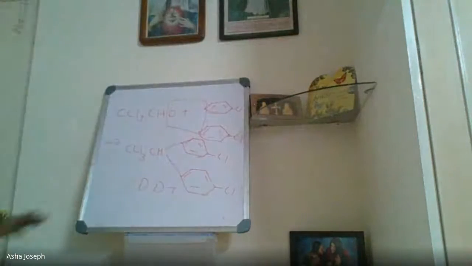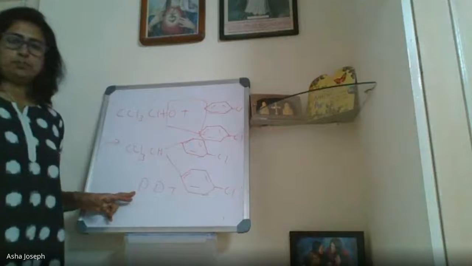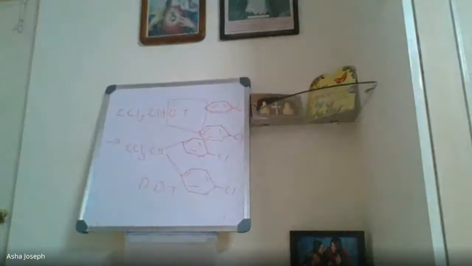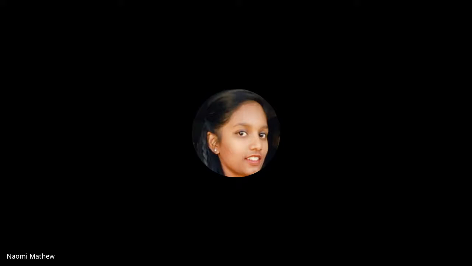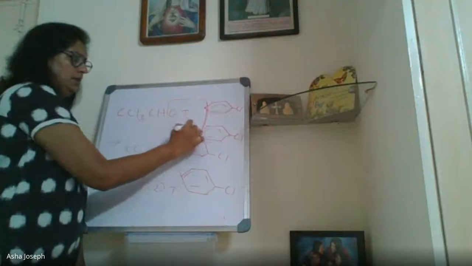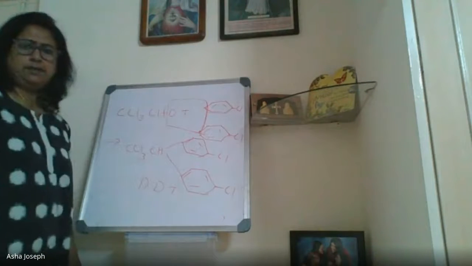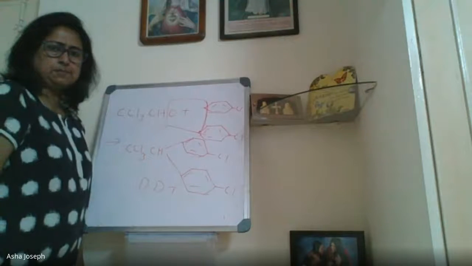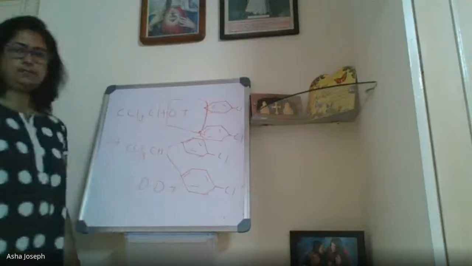Okay. So now I am going to expand. This much you draw. Ma'am, how is elimination of the water molecule taking place? Only oxygen is removed from there, and H from this. H and H. Each carbon of the benzene ring, C6H6, has 1 hydrogen. So H is here, H is here.